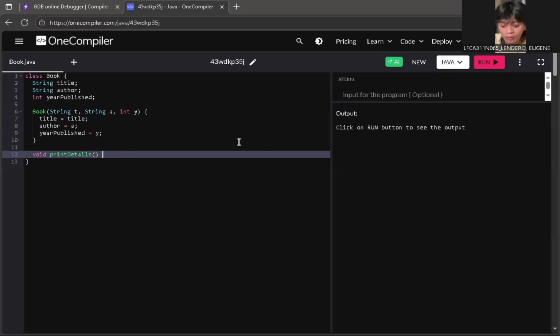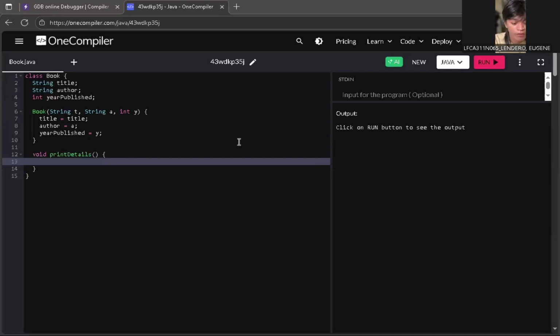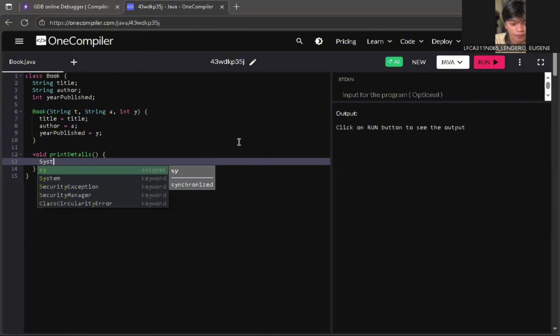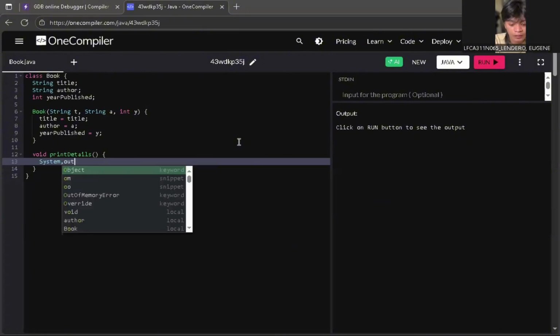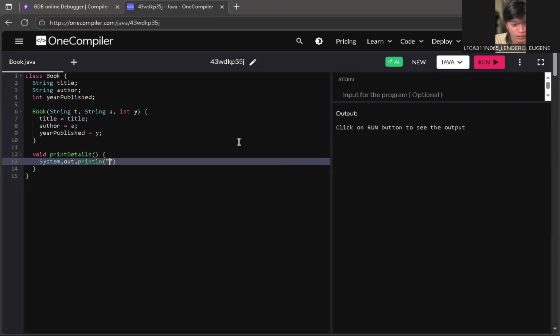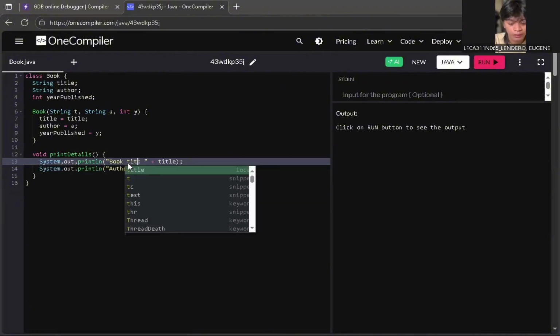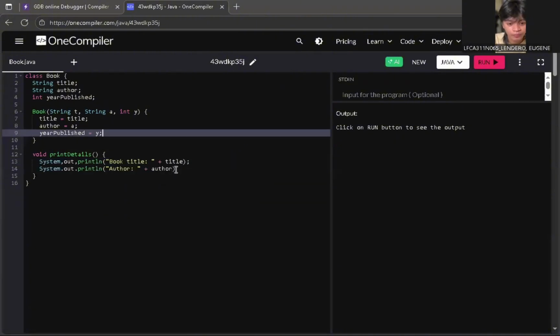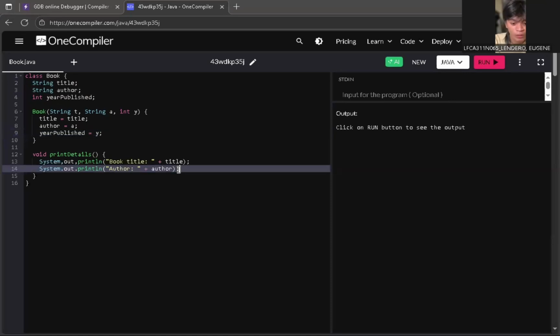Also we have to put open curly braces. Then we have to declare System.out.println, parentheses, quote and quote. Then you have to put book, then semicolon.